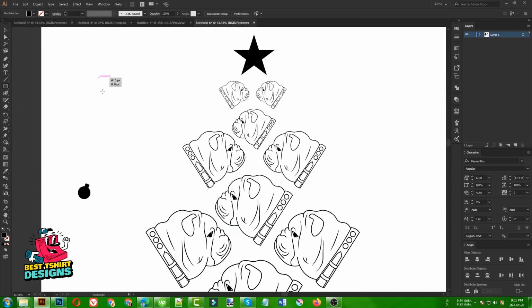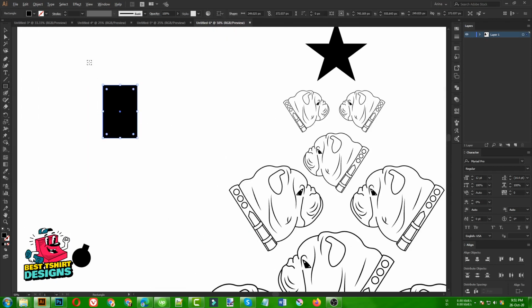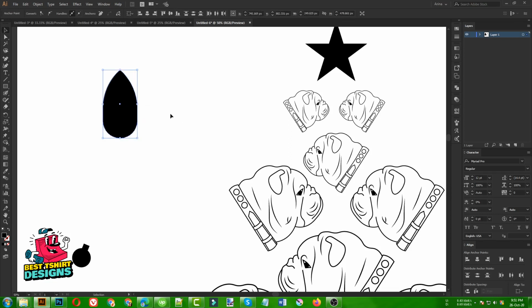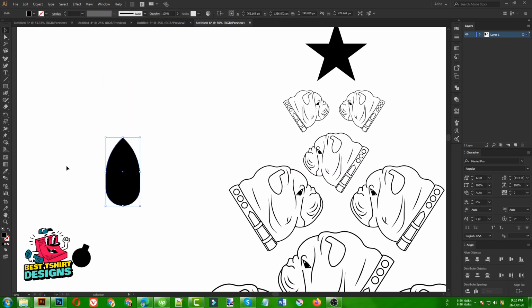So let's do that. I'm going to use a shape again here, then maybe use the add anchor point tool to add an anchor point at the middle point, then use the direct selection tool to make it like this. Then I'm going to use my direct selection tool again, select this corner, press shift and this corner, then this round corner. If I make it round it will look like that. Then I need to select these bottom two, and if I make it round it will look like this. So this is good for me.